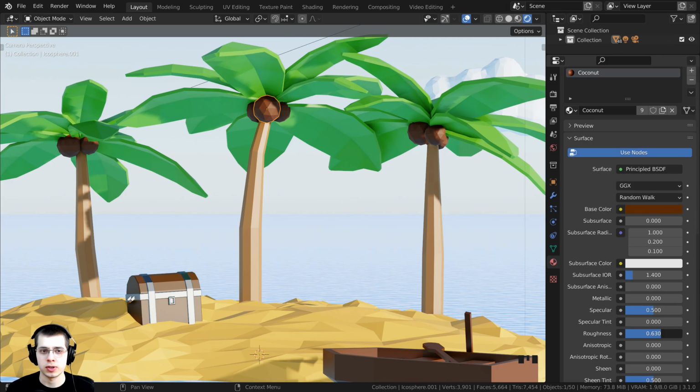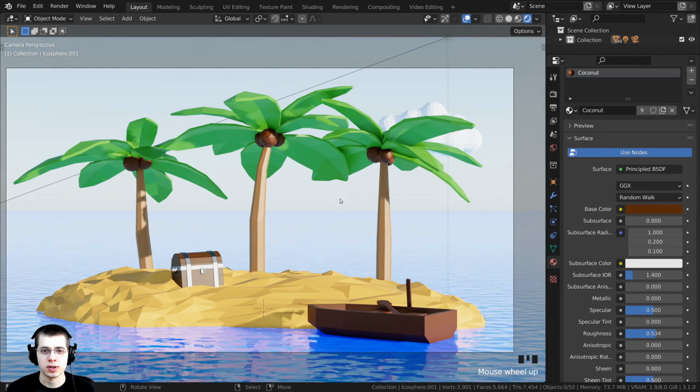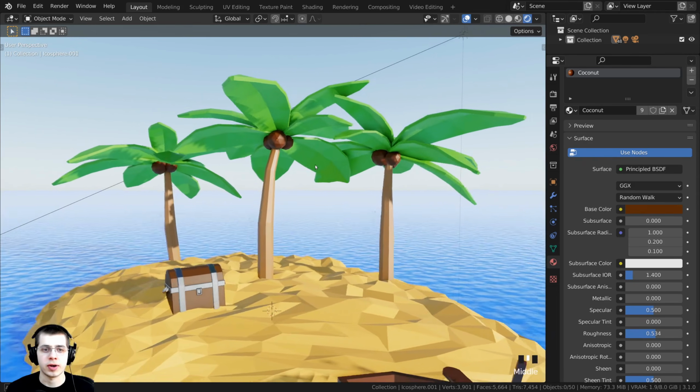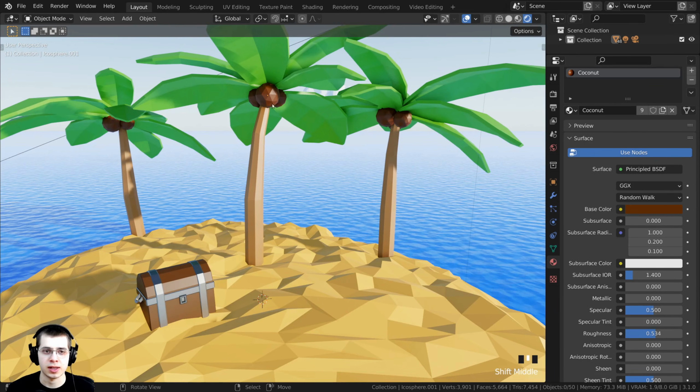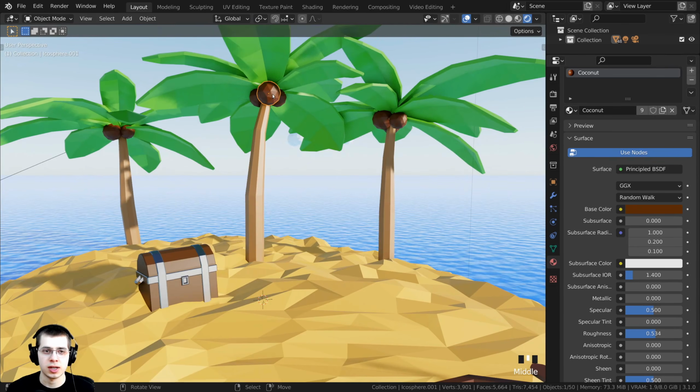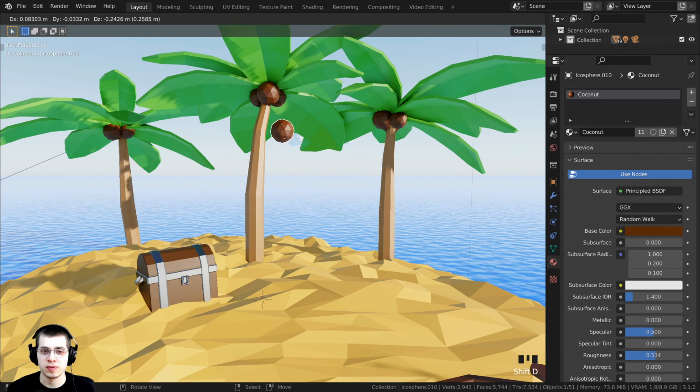And also, if you want to, you could turn the roughness down just a little so they're a little bit more reflective. All right, now I also want to duplicate some of the coconuts and make them look like they fell down here on the island. So I'm going to select this coconut and I'm going to press Shift D, and Shift D is the shortcut